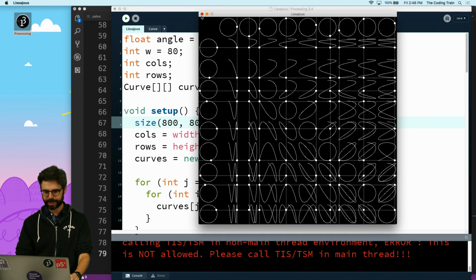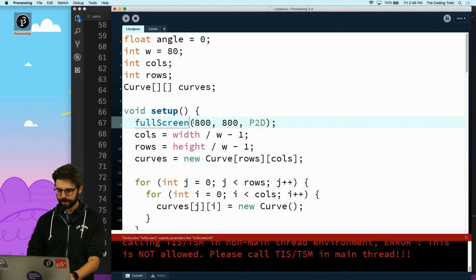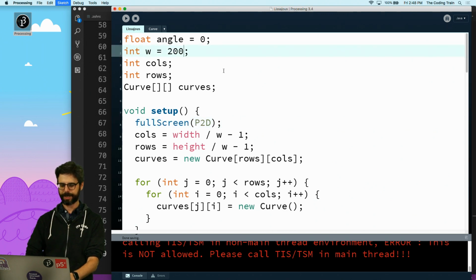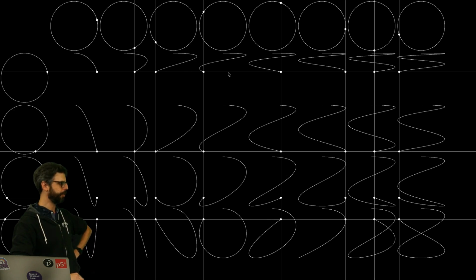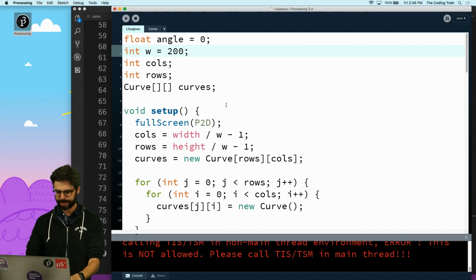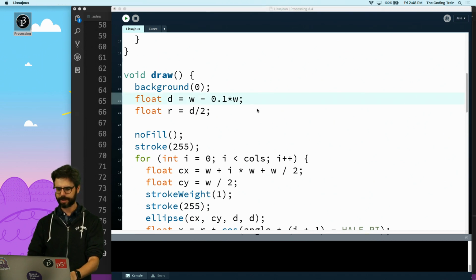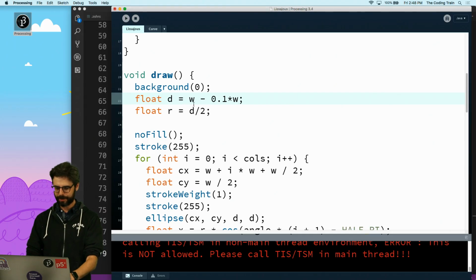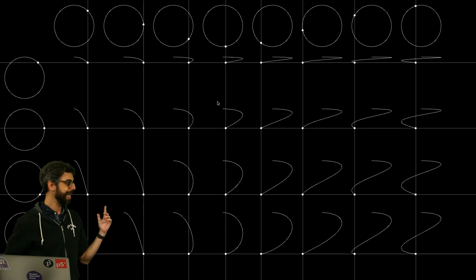because what I would like to do now is use full screen. So let's just be careful about this for a second. I'm going to use the P2D renderer, and I'm going to make these much bigger. Let's see what happens. So we can see this is a small Lissajous table, and I probably want the buffer between them to be a ratio of their size. Maybe it should always be W minus like 10% of W, or 0.9 times W would work. Maybe a little bit more. Oh, it's so pixely. Okay, so I like this.